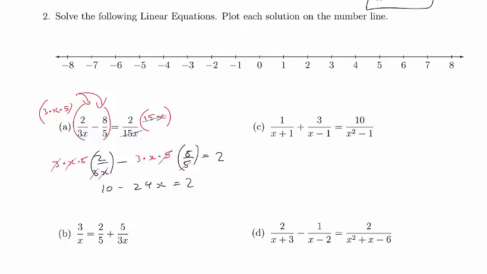Alright, so note that, whereas before we had the unknown written in a couple places, now we have it right here. And it's a very nice equation to work with at this point. Alright, so now we just subtract 10 from both sides. And so we have negative 24x. Negative 24x, and that equals negative 8. Divide both sides by negative 24. And we'll find that we've got